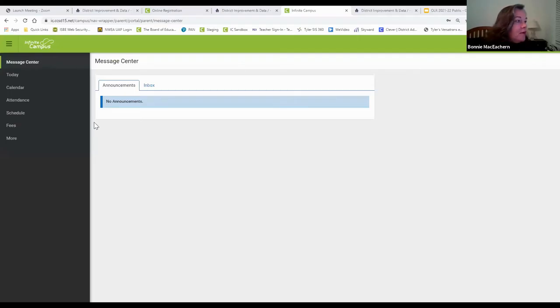So I'm going to have to go back in and reshare. I'm going to show you just really quickly what it looks like if you are a returning parent. And I'm going to go back into the screen that Tim had showed us earlier. So, I've already logged into my portal account. I've been using this for years. I use it to view grades and all of that. So I am logged into my portal account. And I'm going to go to More